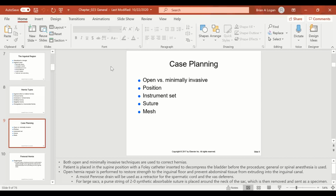When doing an inguinal hernia repair, open, you'll have a half-inch Penrose drain on your table. You will open that to start with. It's not because they're going to put a drain in at the end of the procedure. They're going to use that Penrose to wrap around the spermatic cord, and they're going to use it kind of as a retractor to help hold it out of the way, because there are a lot of delicate